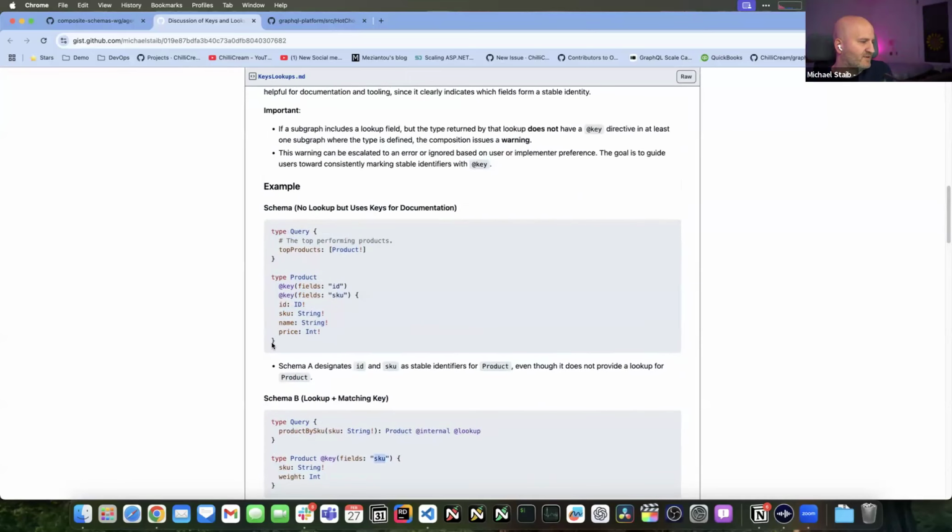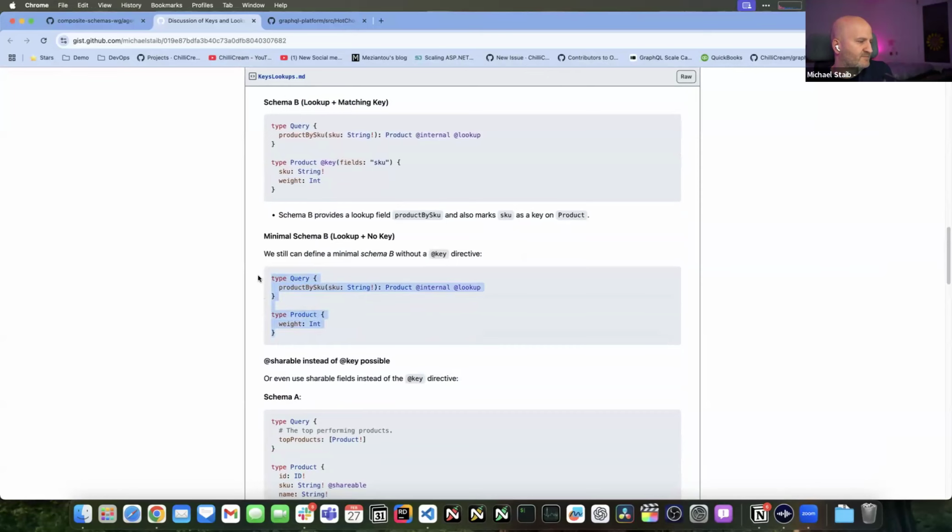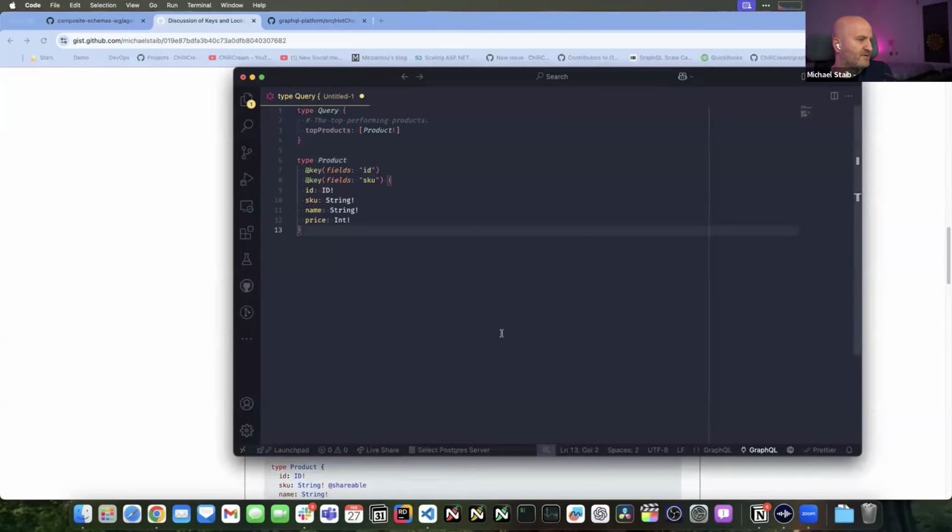If we have now this one here, let me just quickly copy that over. And second, this one here would also not warn because you have a key. This is declared here, you own it here, but you didn't re-expose it here because you don't want to have it as external. It would also be green.